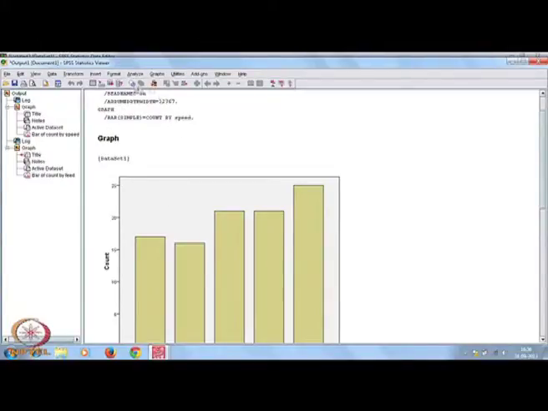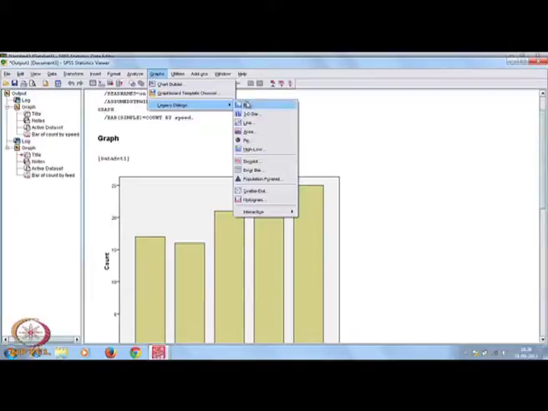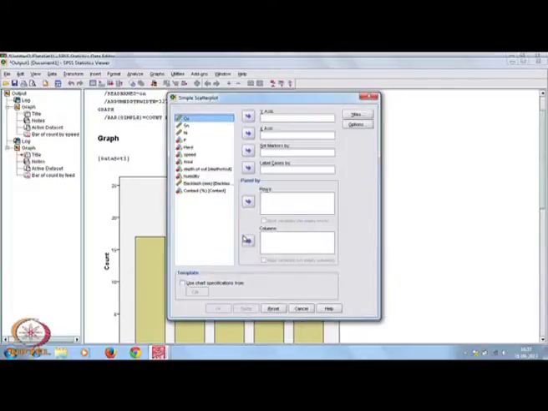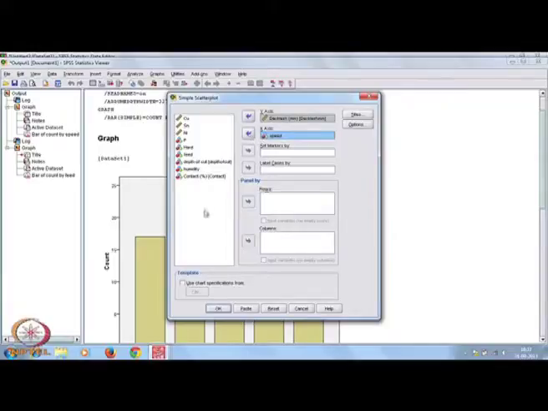Now if you want to go for some other type of graph, suppose you may be interested in a scatter plot. For example, simple scatter, define what will be the x axis, let backlash be your x axis, and let speed be your y axis.